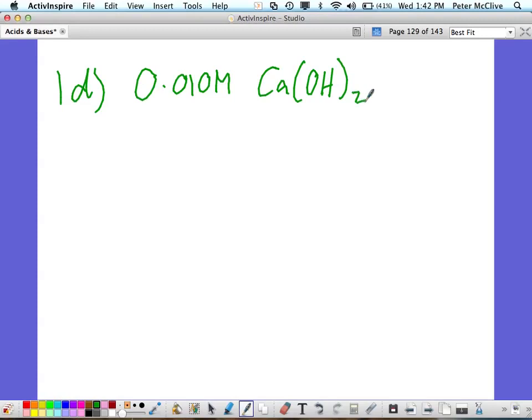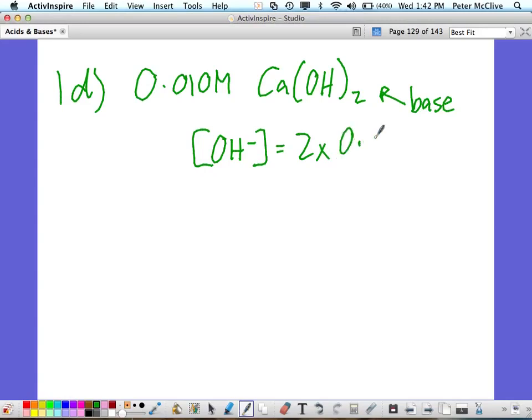And so this is a base. It's got hydroxide, and it's going to generate 2 hydroxide ions for every 1 molecule of calcium hydroxide. So the concentration of hydroxide equals 2, same kind of idea as the acid, of this concentration,